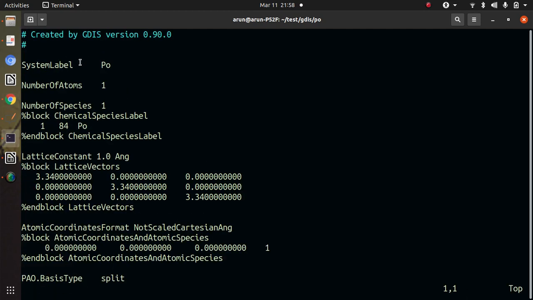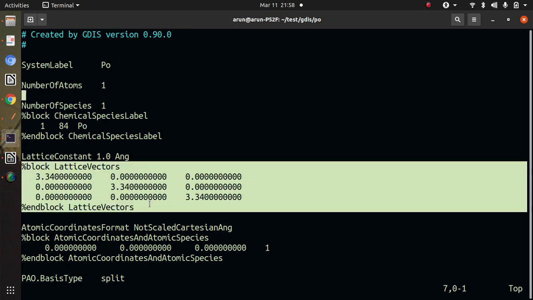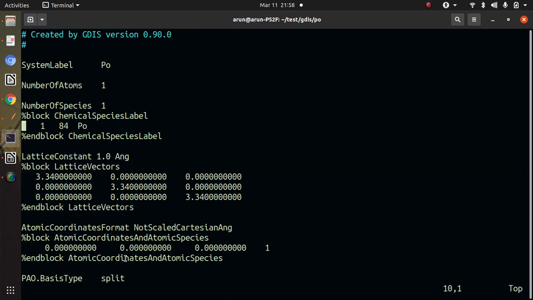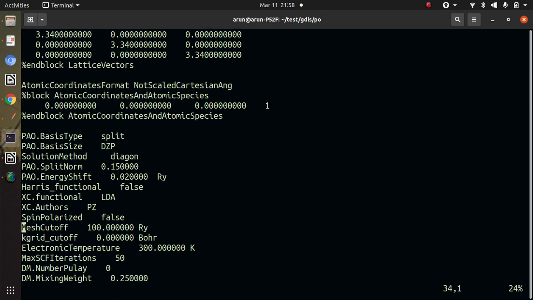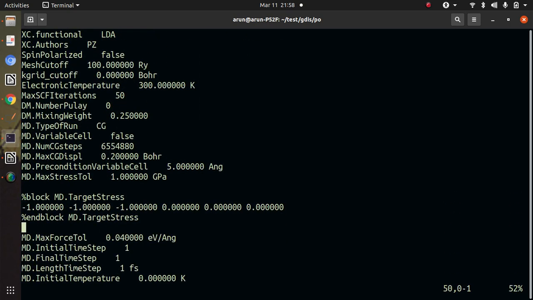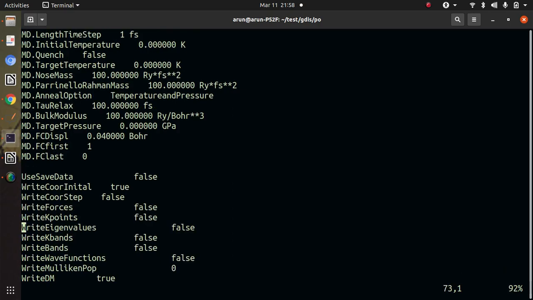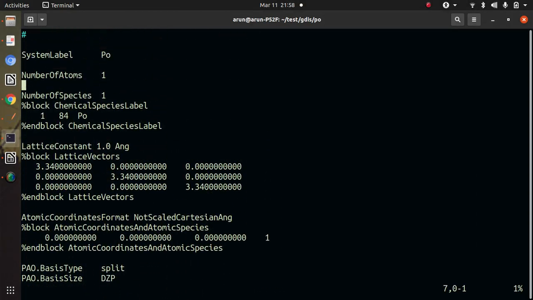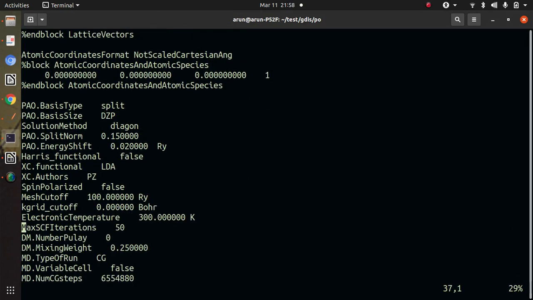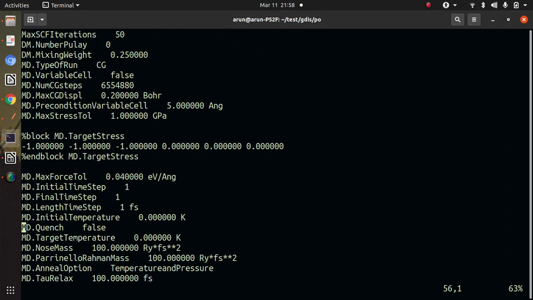This is the system label, the number of atoms, and this is its atomic number, polonium, and this is the lattice vector for it. Then I placed it at the origin. The rest of the parameters are the default parameters as stated in the SIESTA manual. You can change these default parameters, but I will talk about this later on.